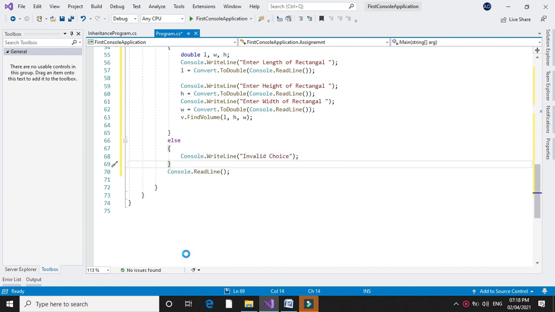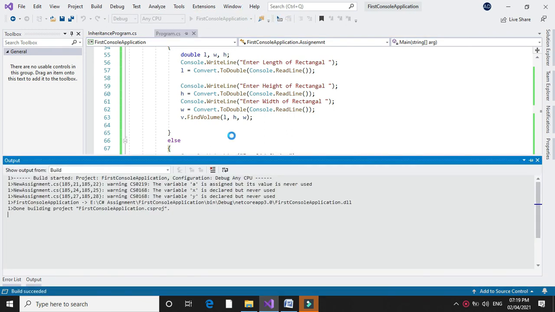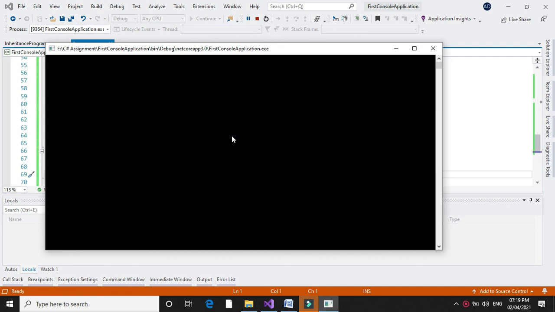To execute, we will press F5. First it will accept the choice, that is find the volume of cube, cylinder or rectangle. If I enter 1, it will accept the edge of the cube.